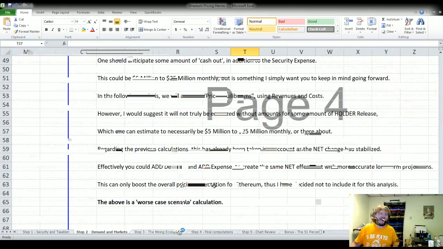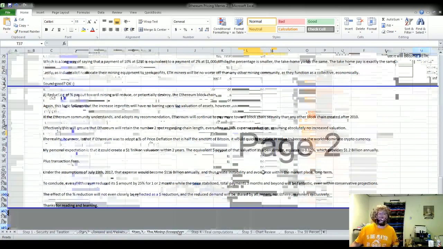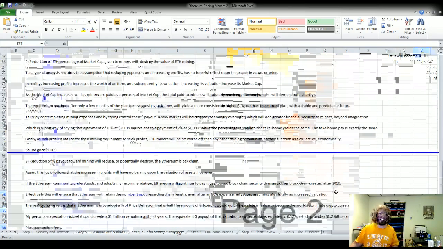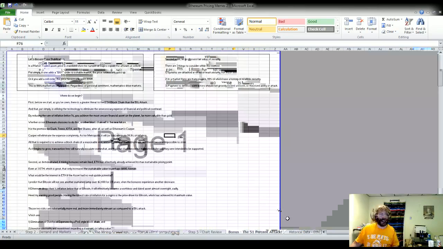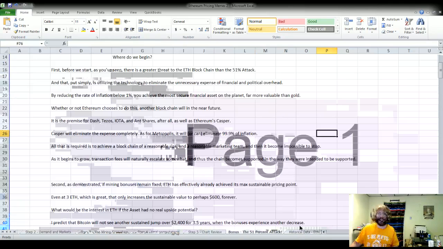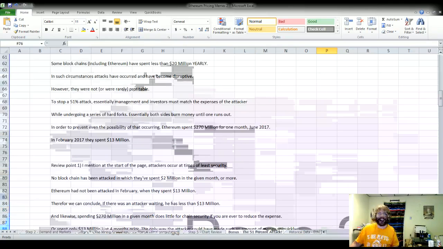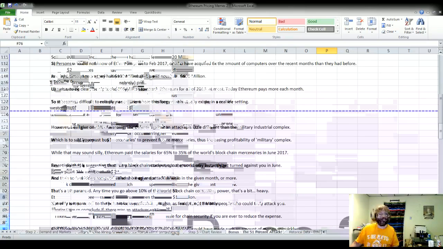You can read the rest of the paper as you would like to, because it's on Stemmet. Go ahead, tell where it's at. Yeah, it'll be on Stemmet here. I'll show you just a few other things over here. This is just about mining. It's not really relevant. Here's the 51% attack stuff for anybody who's curious about reading it. I'll just let you deal with it as you see fit.